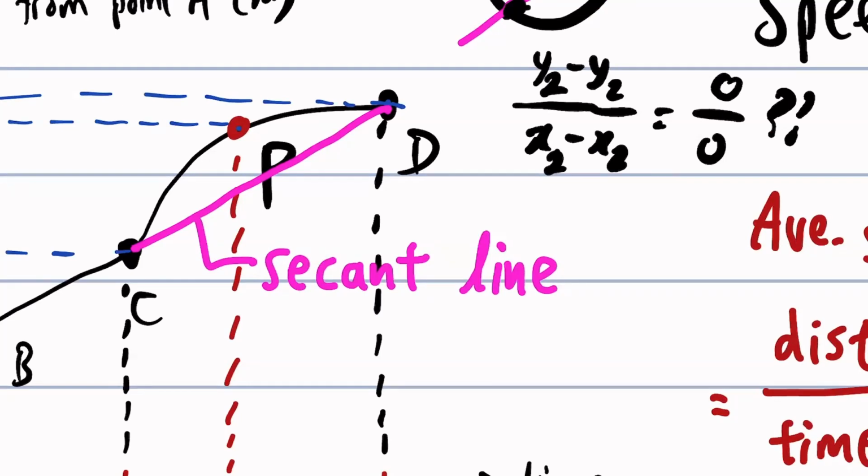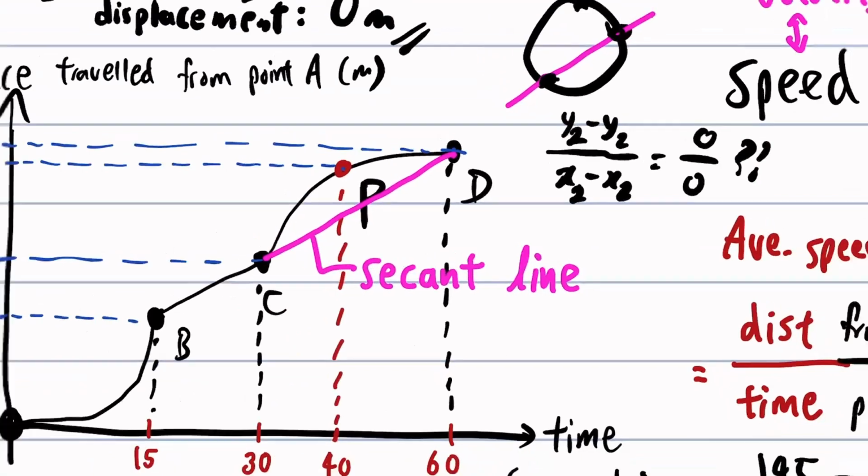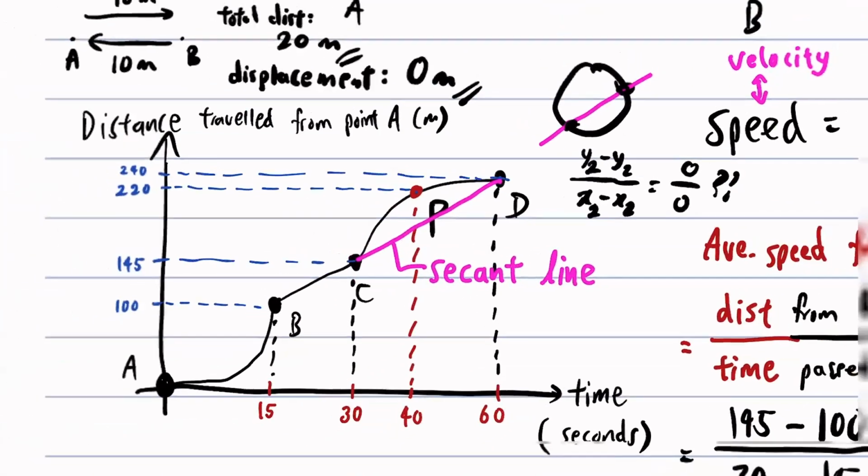But here in calculus, we know that there will be this problem of 0 divided by 0, but we will geometrically assume that it is the tangent line. Sorry, let me lead up to it a bit more slowly. So far, we have been looking at average speed, which is the gradient of a secant line. But when it's a single point, we can no longer draw a secant, right? Secant means you need 2 points on a curve drawn on a line. But here there is only 1 point. So what we do instead is the next best idea, which is a